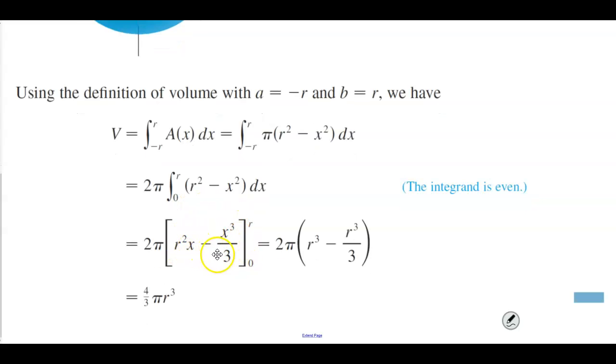Now we just need to find the antiderivative of r squared minus x squared. Once we find the antiderivative, we can then evaluate it according to the lower limit of 0 and upper limit of r, and we get 2 pi times r cubed minus r cubed over 3. And then simplifying that entire solution would give us the volume of the sphere, which would be 4/3 pi r